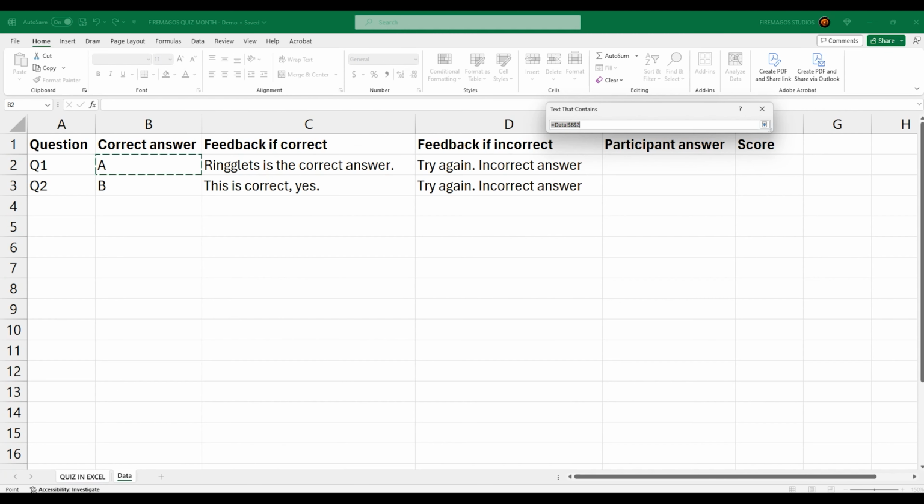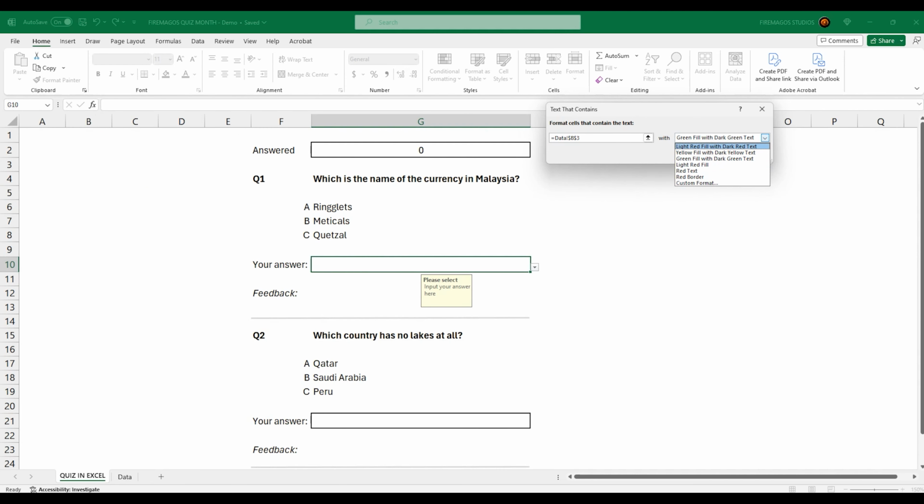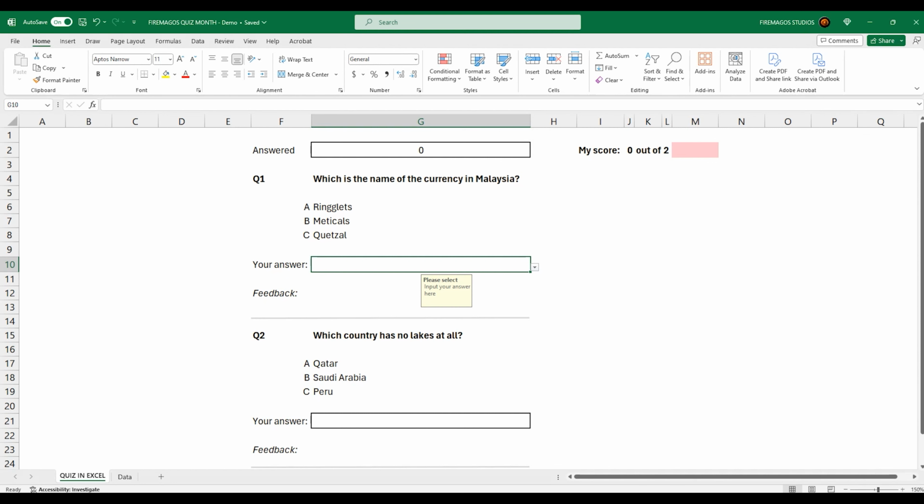And if the text is, I don't know, B, then what we want is to have yellow, for instance. And this is how we change the color of this part when answering the question.